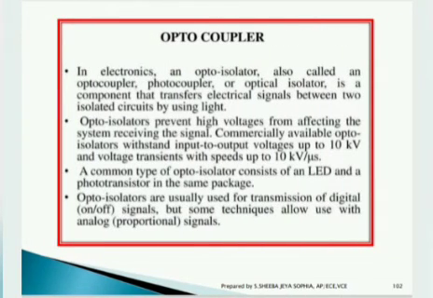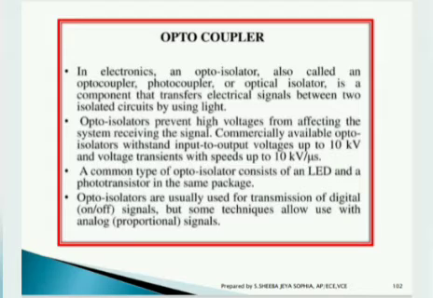In electronics, an opto-isolator, also called an opto-coupler, photocoupler or optical isolator, is an electronic component that transfers electrical signals between two isolated circuits by using light. This opto-coupler prevents high voltages from affecting the system receiving the signal. And commercially available opto-isolators withstand input to output voltages up to 10 kV and voltage transients with speed up to